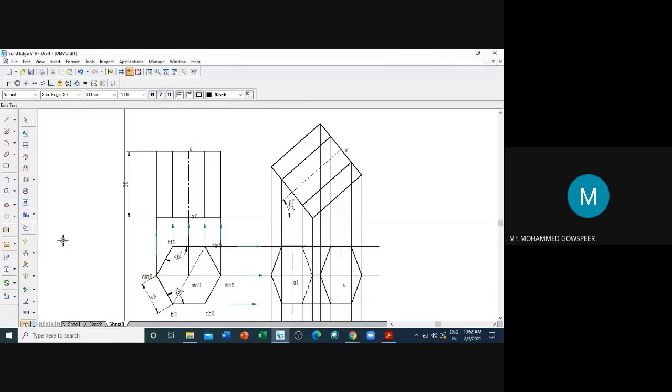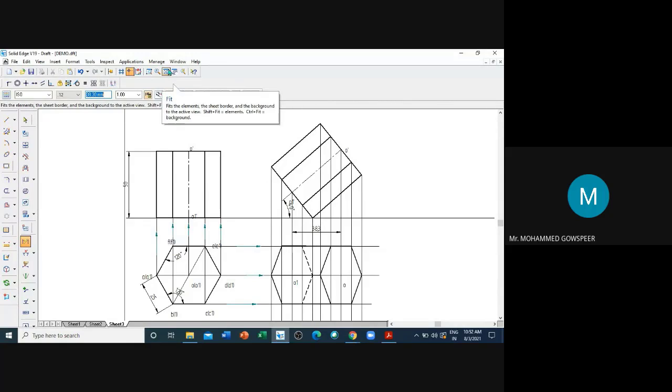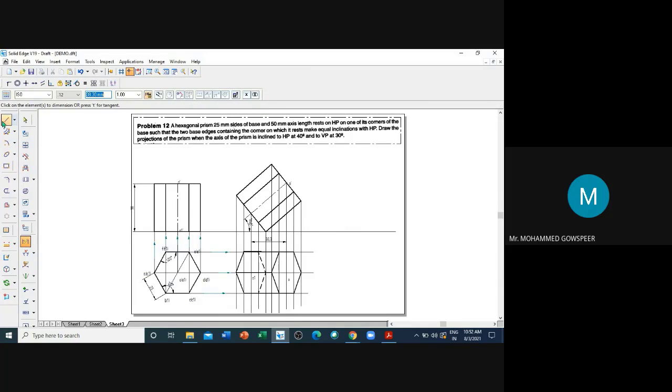So now we'll take the dimension of the axis here in the second top view. It is 58.3. Actual length is 50. Then you draw the locus. So that is how to identify when to draw the locus, the beta problem or non-beta problem. Actually beta is an apparent inclination.